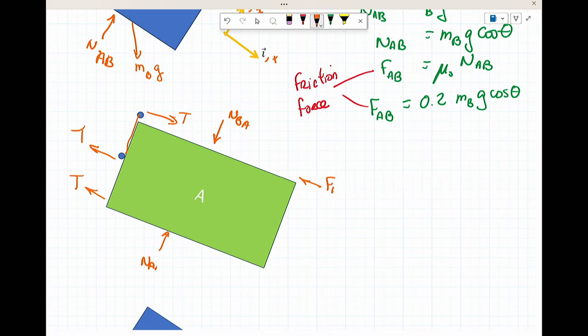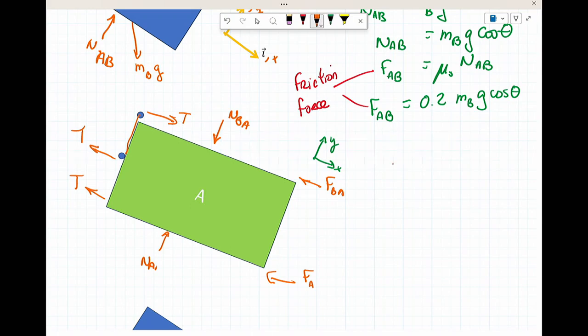Now, because I've separated out the system, I have the friction force FBA, which I've already solved for, and FA, which I haven't solved for. But I do know what the magnitudes of terms are. And again, a system that aligns with the body I'm looking at,